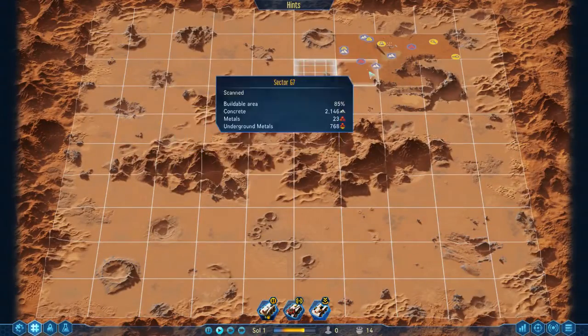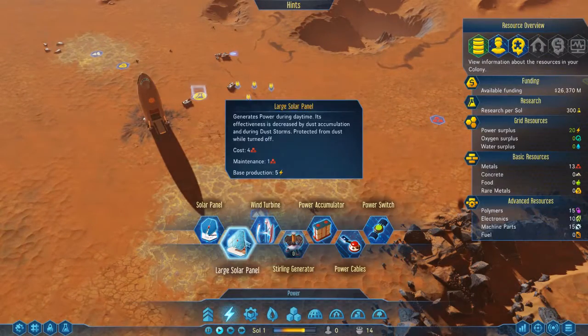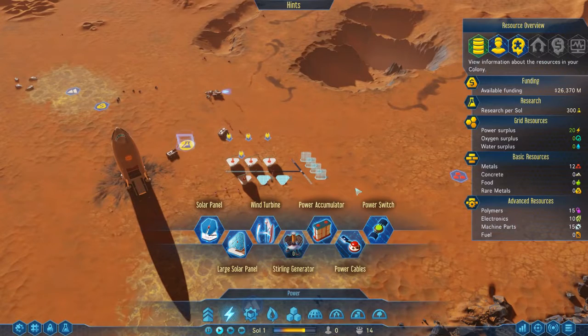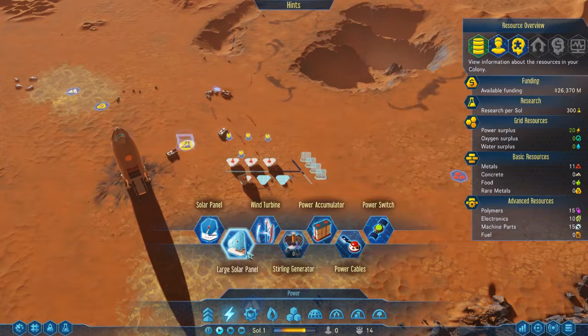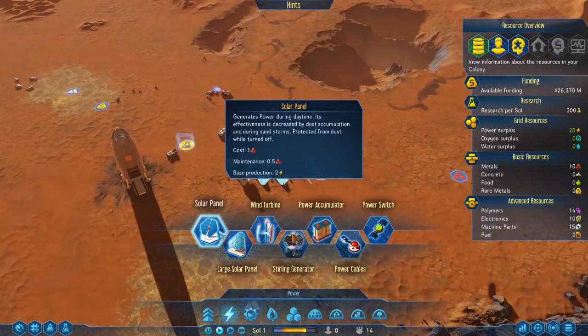We have got a lot of flatland up here, so power-wise, what can we build? At the moment we've got loads of surplus power because we're not actually using any of it. We've got solar panels which produce 5 power. They don't produce anything in a dust storm. I presume you could do maintenance on them to repair them. Small solar